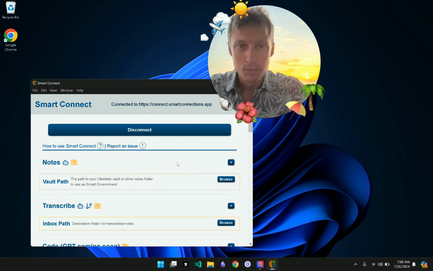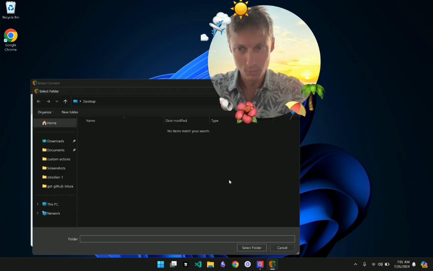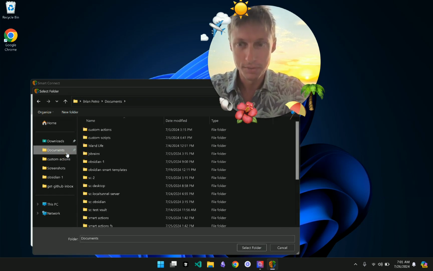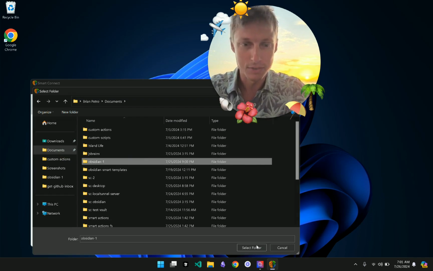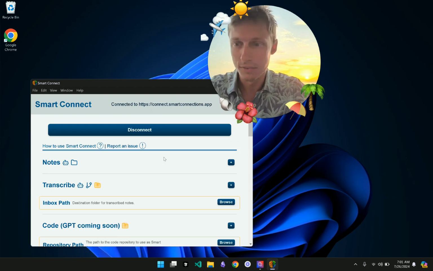So, back to the beginning. We just logged in and connected for the first time, and we'll see we have vault path. That's referring to your Obsidian vault. That setting right here is highlighted in yellow, and there's a little folder icon that also indicates that this setting has not yet been set. This is what specifies to the software what folder should be available for the AI to interact with. So I just quickly set my Obsidian folder, and now you can see that yellow box disappeared